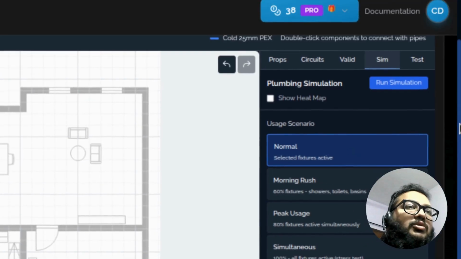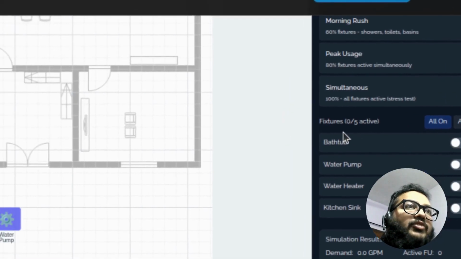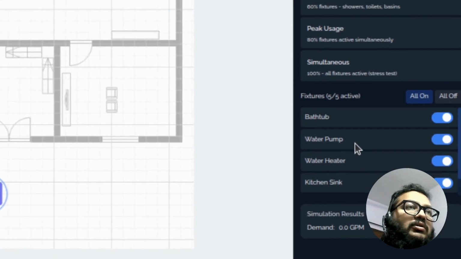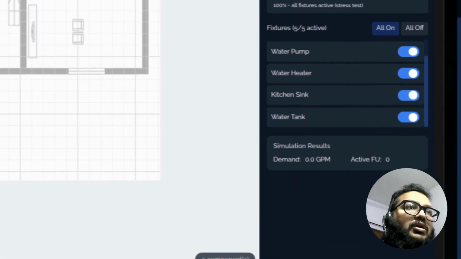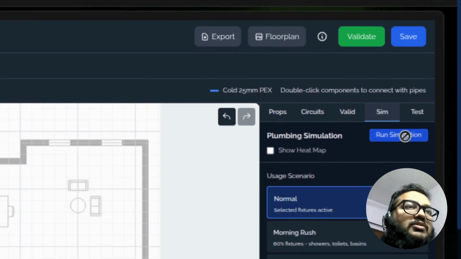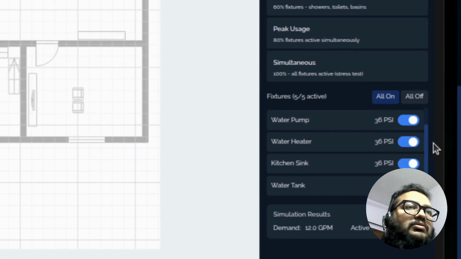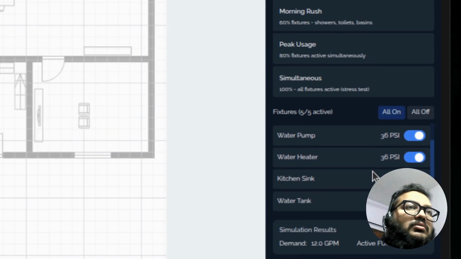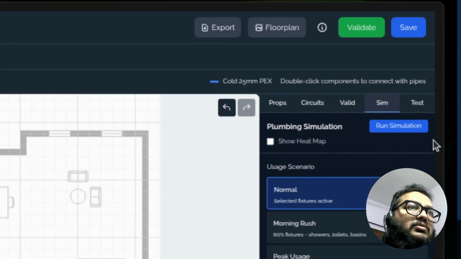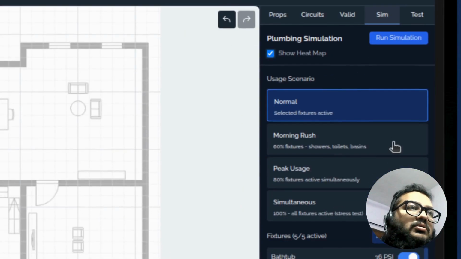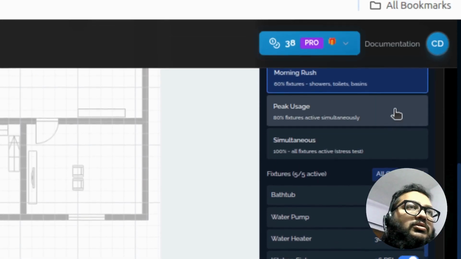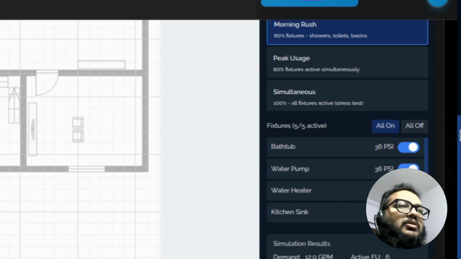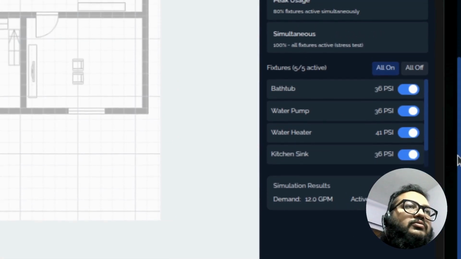On the simulation side, we can click on different situations, morning, peak, different things. So we click on normal, and fixtures, all of them are on, and we run the simulation. Right. Morning rush. We run the simulation here, and